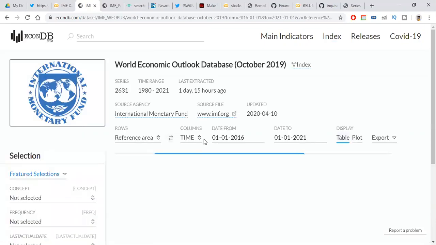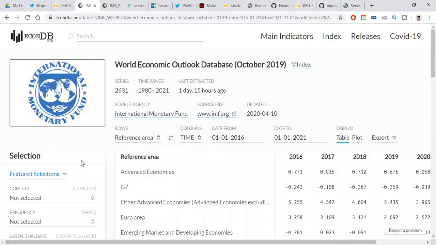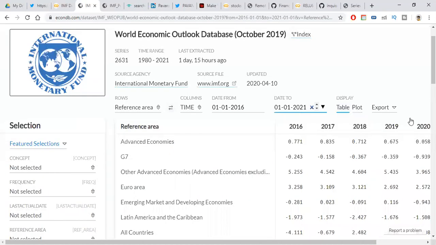I think balance of payments is not available, but the World Economic Outlook database is available. If you want a CSV file, you can get a CSV file and download it, or if you want data frame format directly, then you need to go to pandas Python 3.